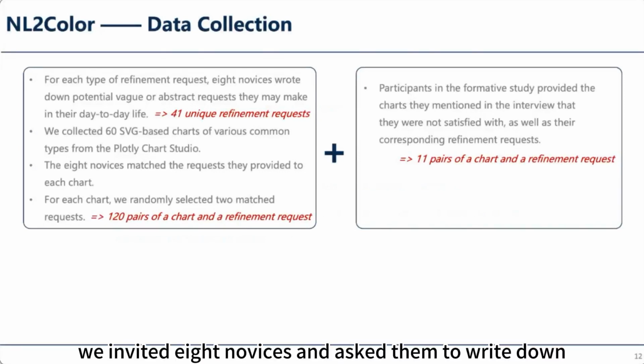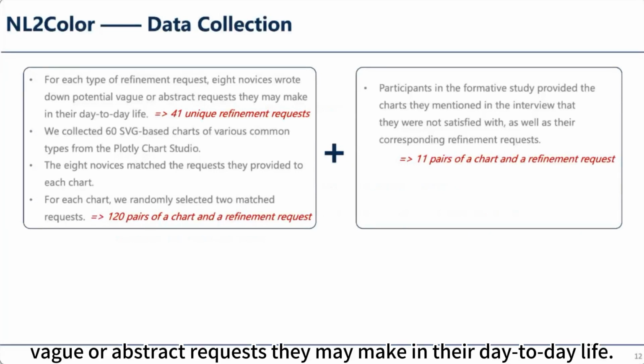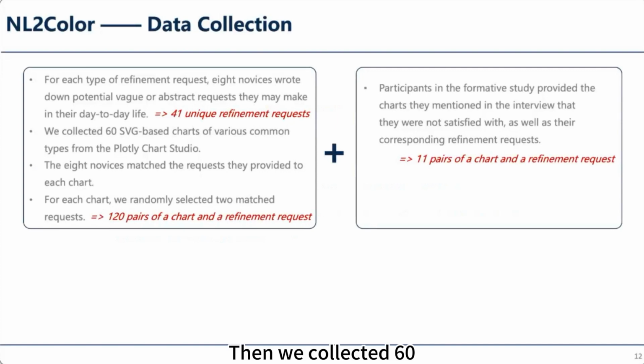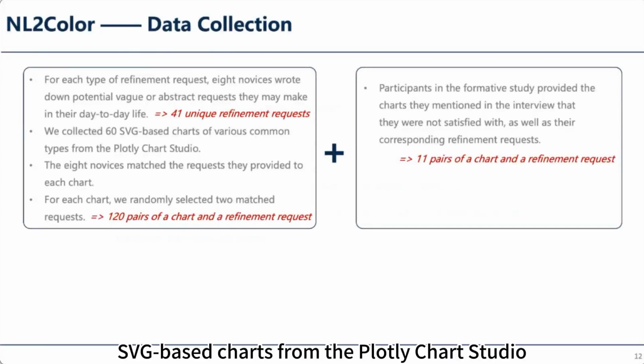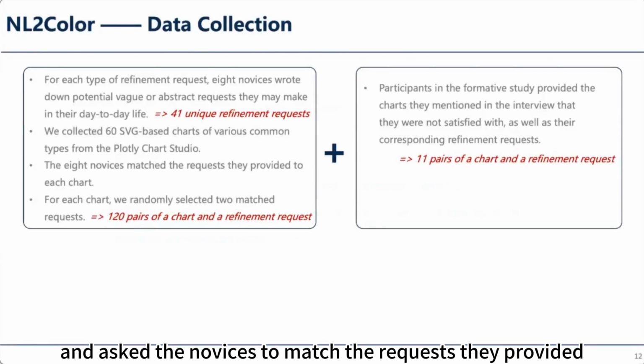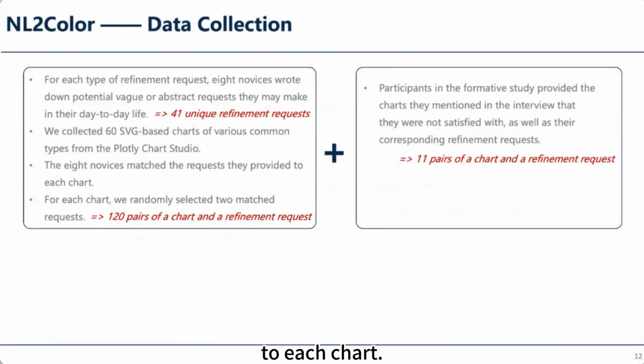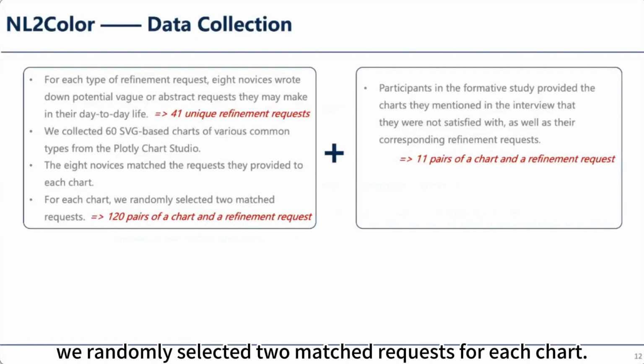First, we invited 8 novices and asked them to write down vague or abstract requests they may make in their day-to-day life. Then we collected 60 SVG-based charts from the Plotly Chart Studio and asked the novices to match the requests they provided to each chart. Since we found that each chart corresponded to at least 4 requests, we randomly selected 2 matched requests for each